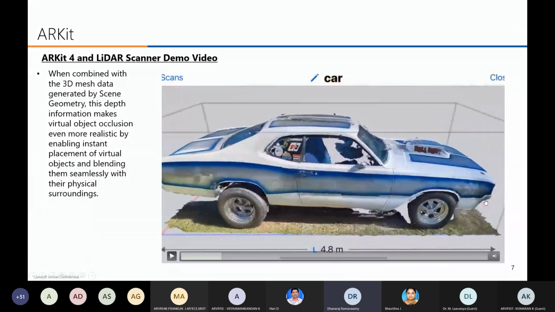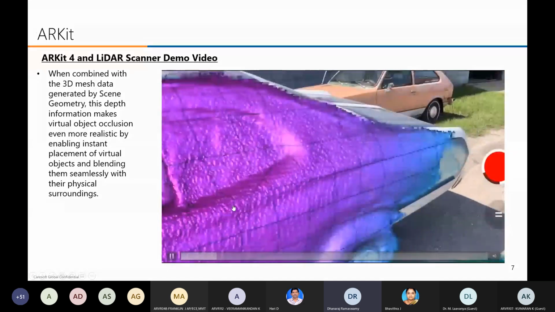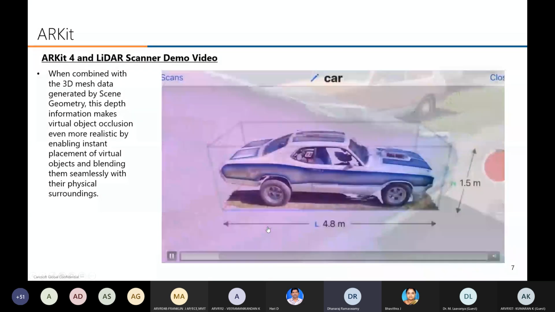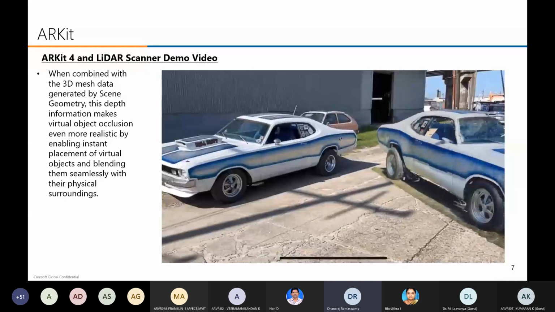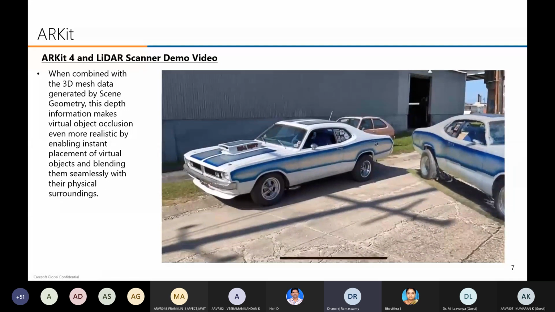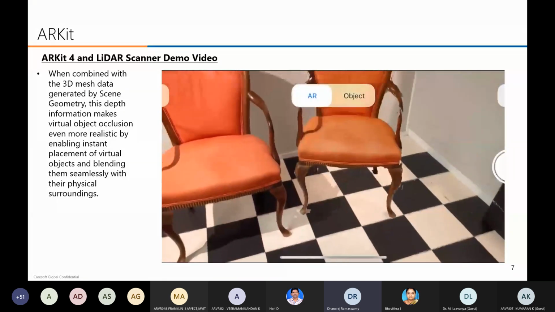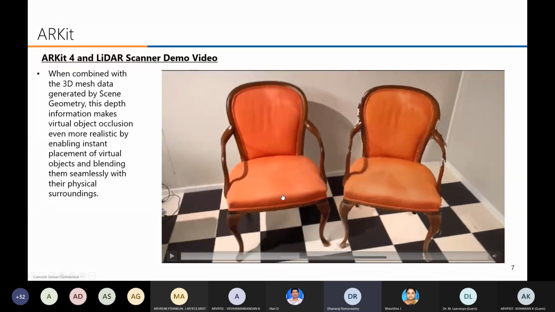See, it comes with height, width, can you see, 4.8 length? So height, length, it's measured. The measurement will be perfect using the LiDAR scanner. So now it's scanning the chair. I'm deleting the other subject. See, you can't feel the difference. See, almost a 3D object. The right one is the 3D object. The left one is the physical object. Now both look the same. You can't feel the difference.